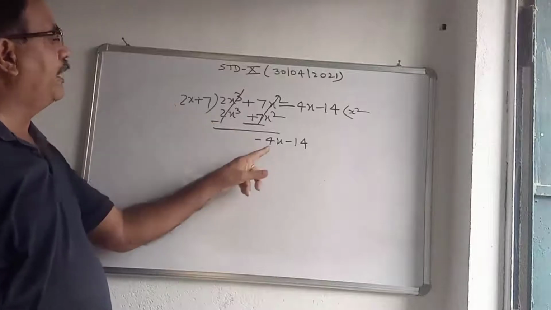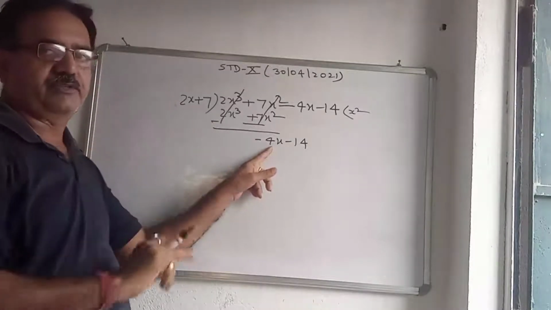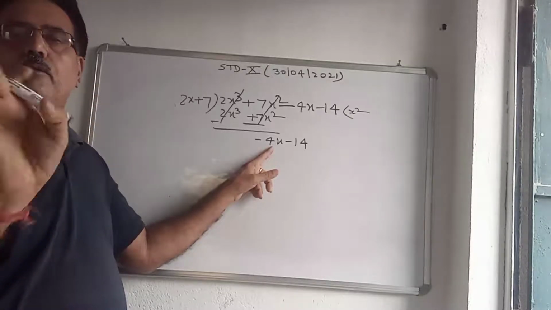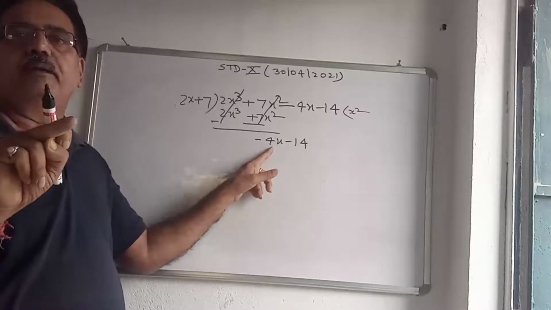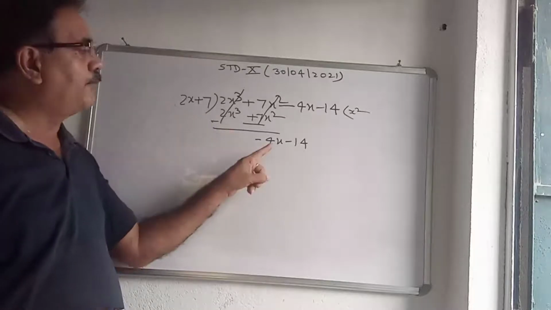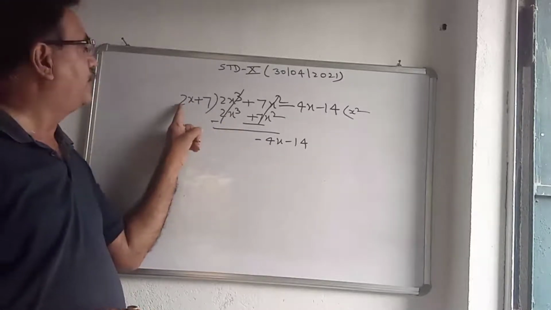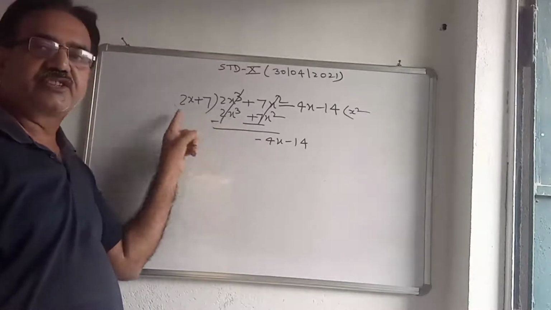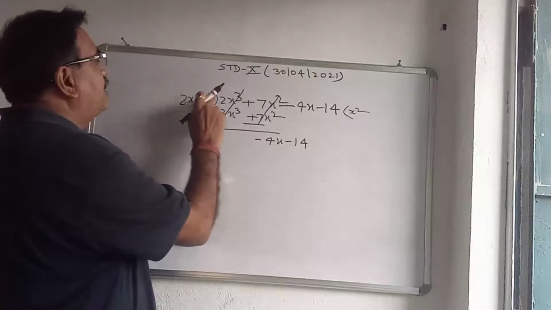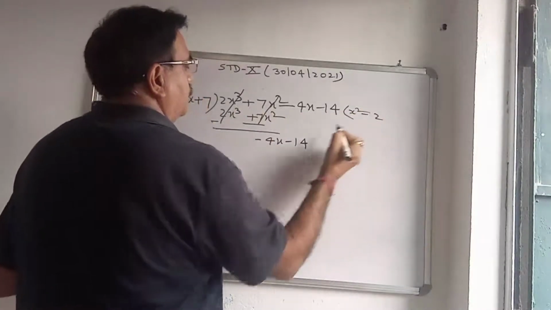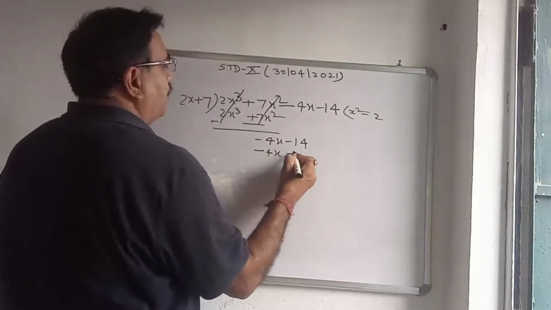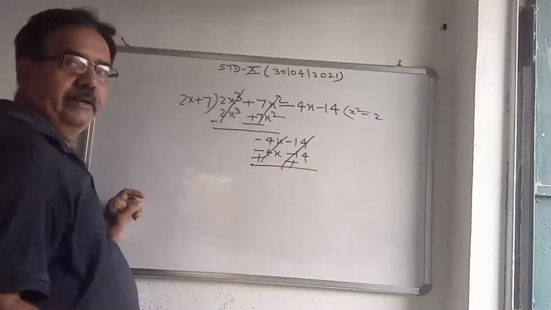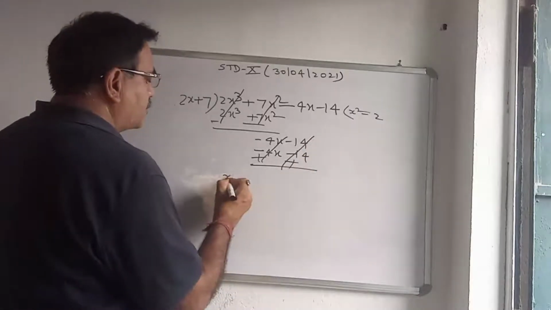Now again we compare. We have to keep in mind that we always have to cancel the first term. If the process cancels more than one term, no problem. What is extra here, along with the sign? Minus 2 is extra. So we multiply by minus 2, which becomes minus 4x and minus 40, and these cancel. So the answer is x squared minus 2.